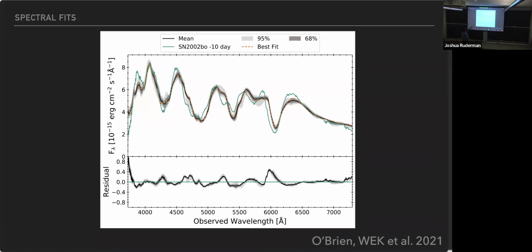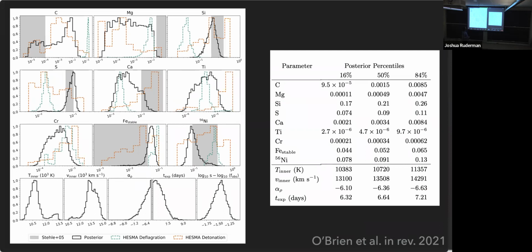So this is one way to look at the fit. These are the 95%. The green is the observed supernova spectrum. Then the black one is the mean of the likelihood, and then we have the 95% quantiles and the 68% quantiles. You can see that now there's not a single fit, but it has bands where you can see what it can fit, or where it tries to adjust. And so these are 1D posteriors broken down.